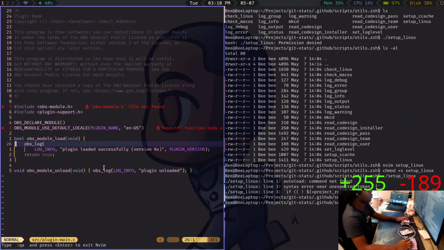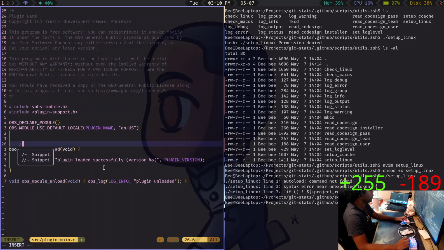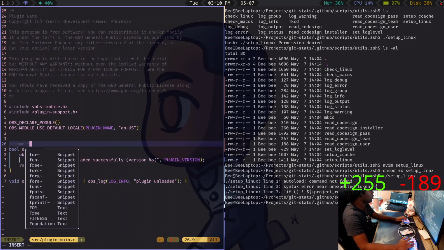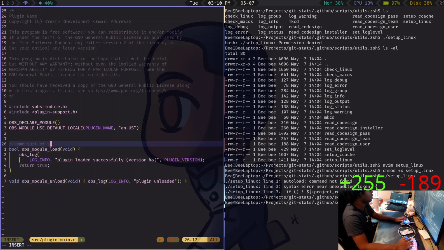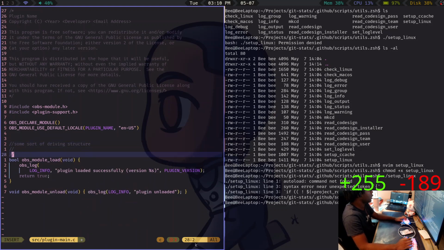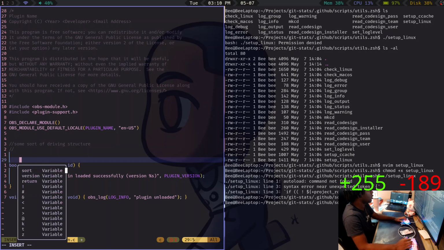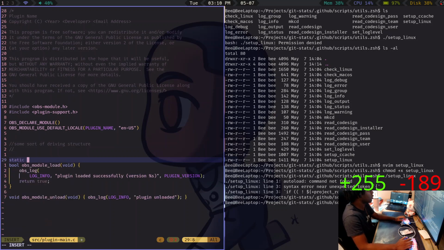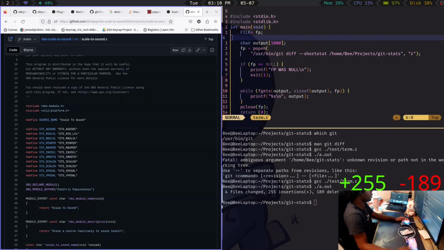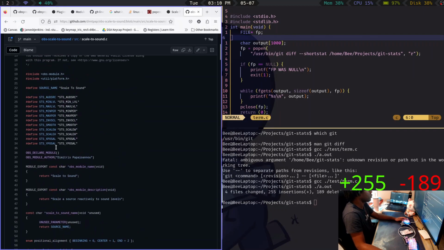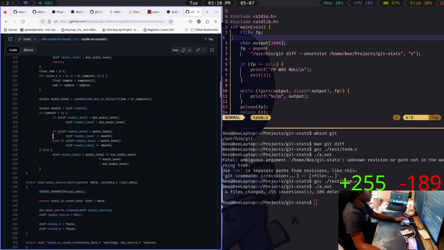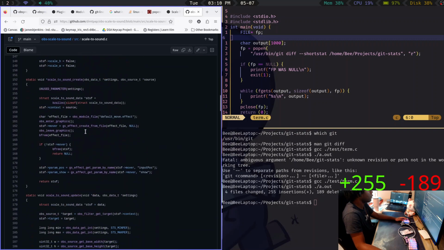So what you're saying is I can have some sort of driving structure. And then here I could have a void. Yeah, because you can only update from within here, I'd assume. And then what is the naming convention they used?